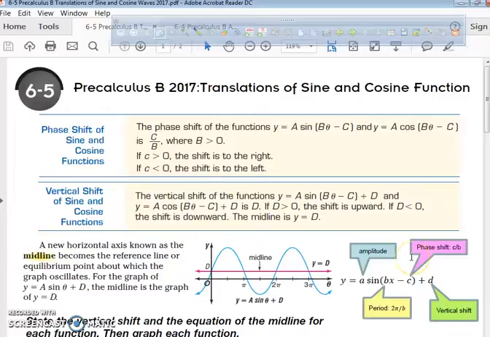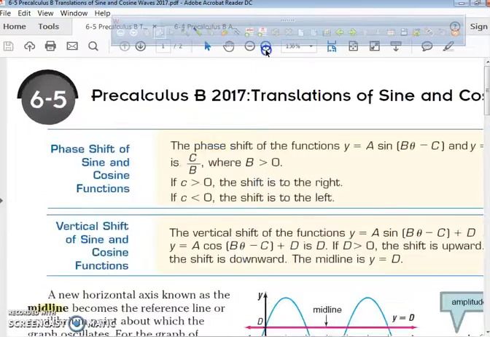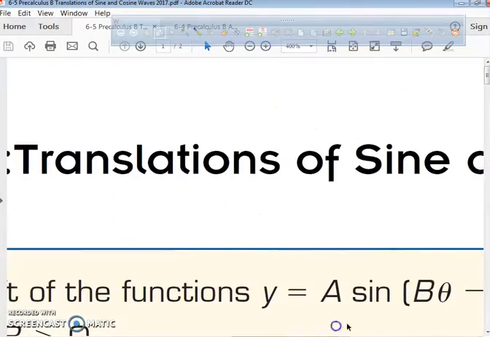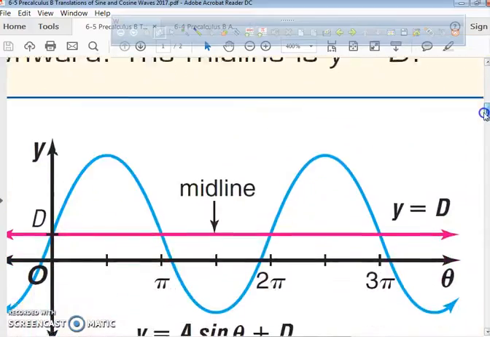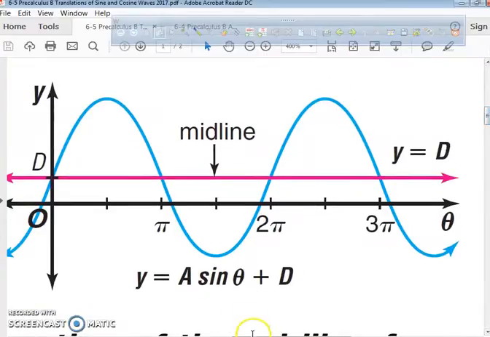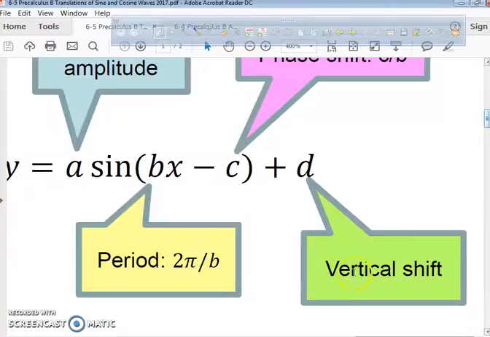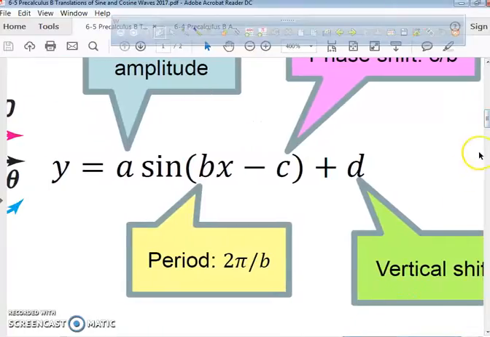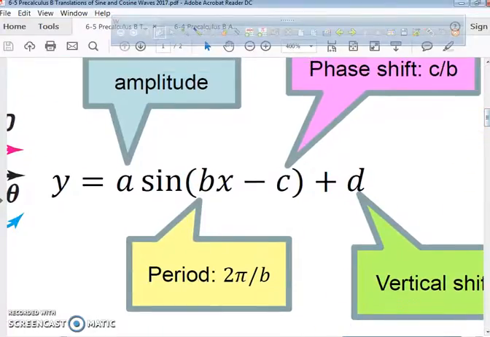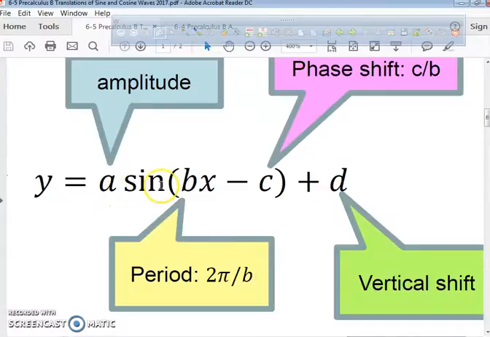All right, today everybody we're going to be dealing with translations of sine and cosine functions. We're going to zoom in. Okay. Zooming in to this right here. Okay, so everybody in your journal, you should have y equals a sine bx minus c plus